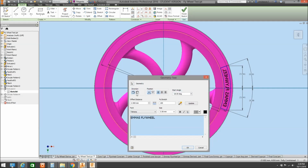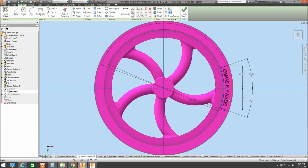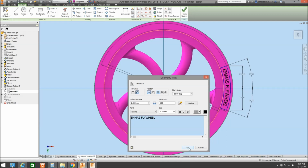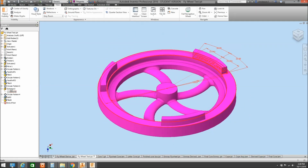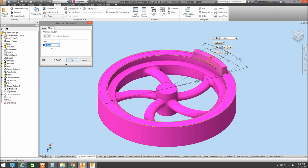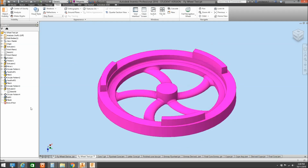We have to use negative text on that, and that's a fairly simple thing to do. We can go right way if we're going to have them raised, or we can go reverse to go the other way, as we've done here. So I've put the lettering in place, and then I've drawn the outline for what the core print is going to be, and then put that into place, and I've extruded it, and we can extrude with a taper. So I've extruded that with a 3-degree taper all over, so that'll withdraw out of the sand quite comfortably. Right, and then we've just done a circular pattern on those just to create the other two with it. So we've created our core prints on our model,